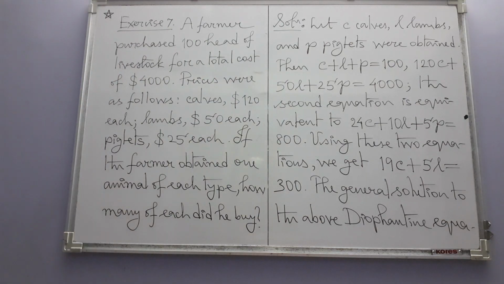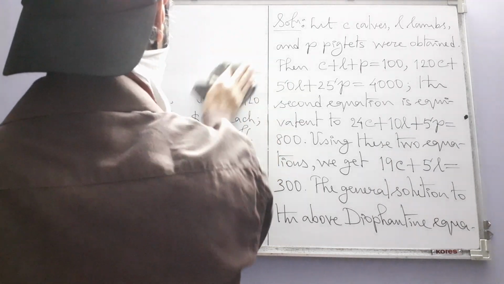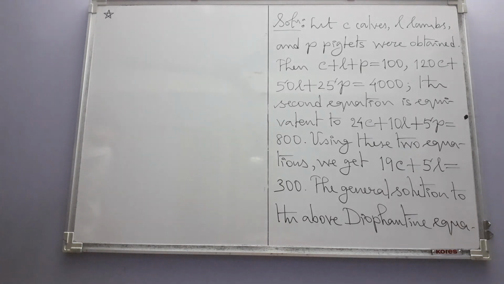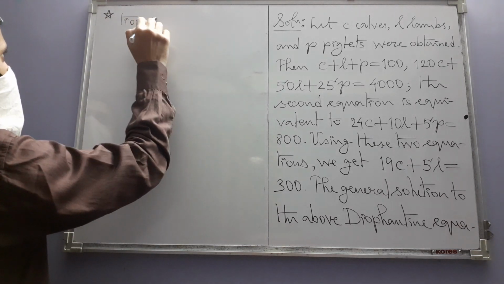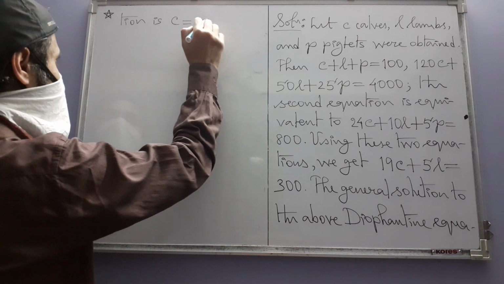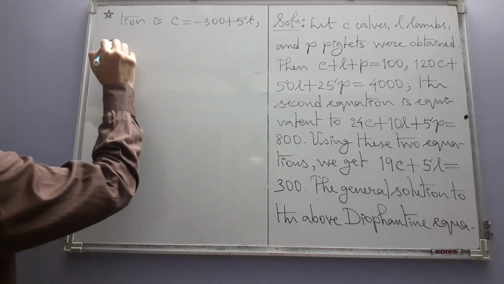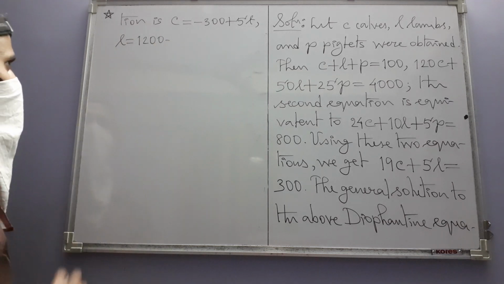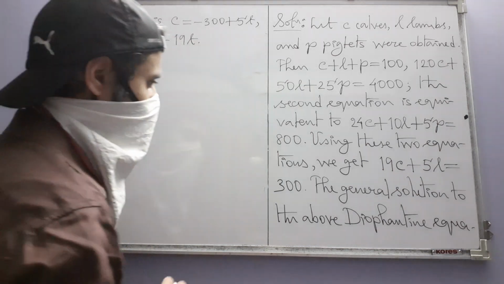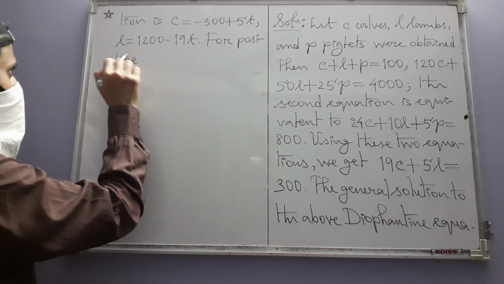The general solution to the above Diophantine equation is this: C equal to minus 300 plus 5t, and L is equal to 1200 minus 19t. Okay, for positive